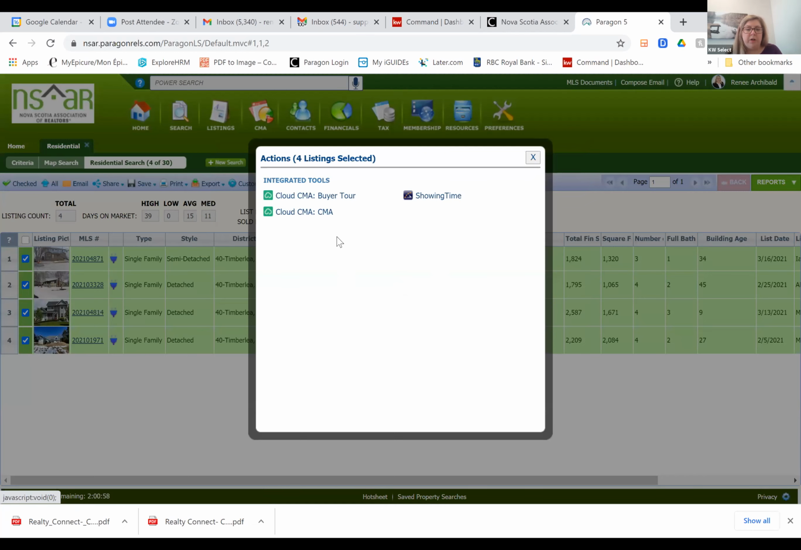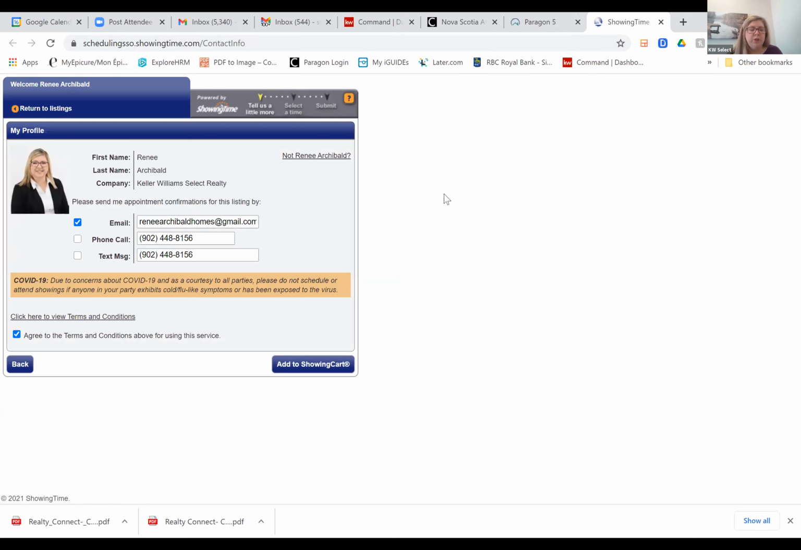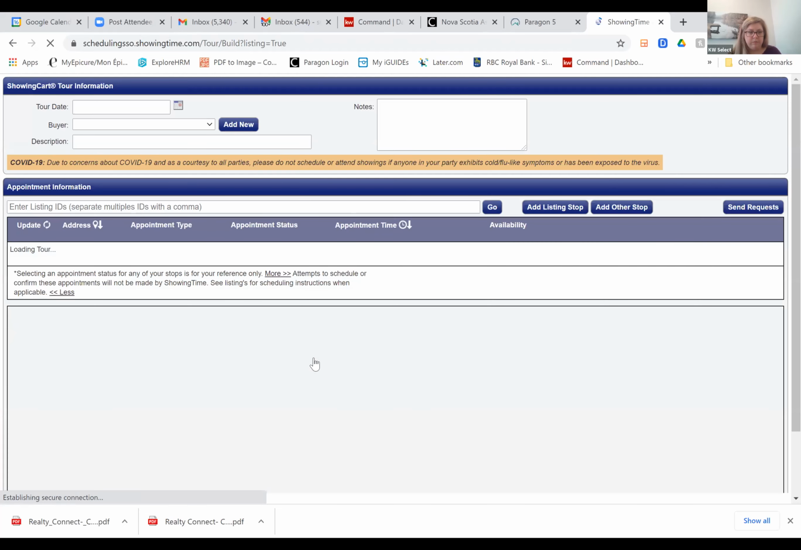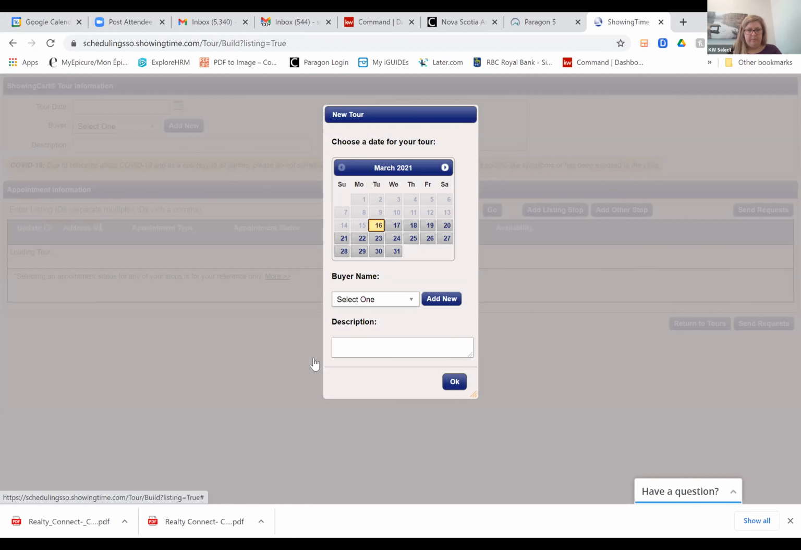And this new box will pop up, and you can either flip over into Cloud CMA, or I want to push them to ShowingTime because I want to book viewings on them. So I'm going to go here. I'm going to add them to a showing cart because it's not a single showing. And then I'm going to create a house tour for